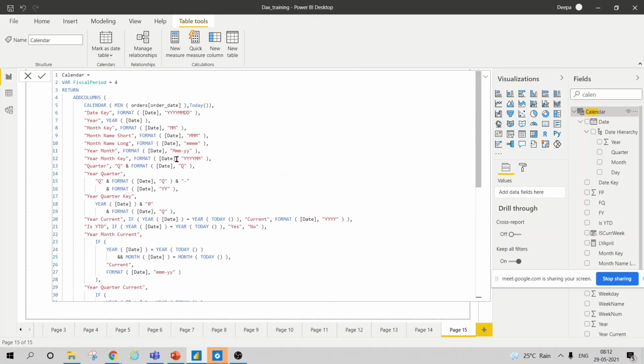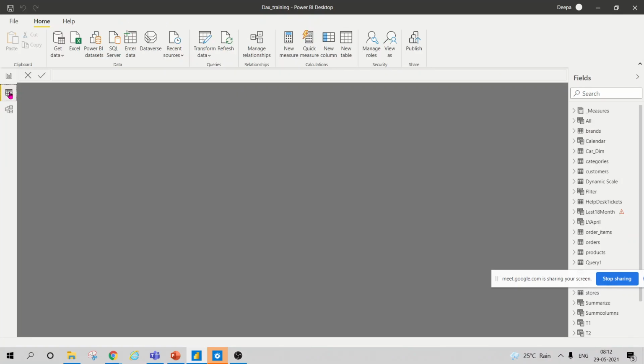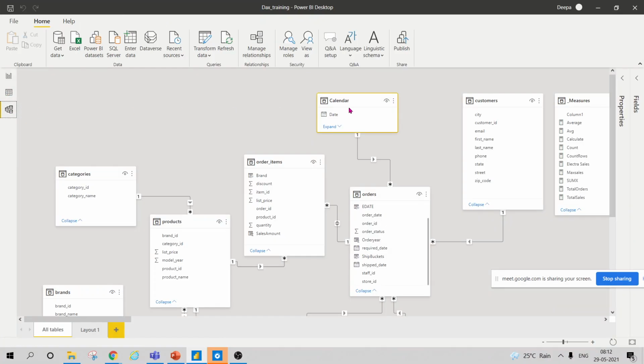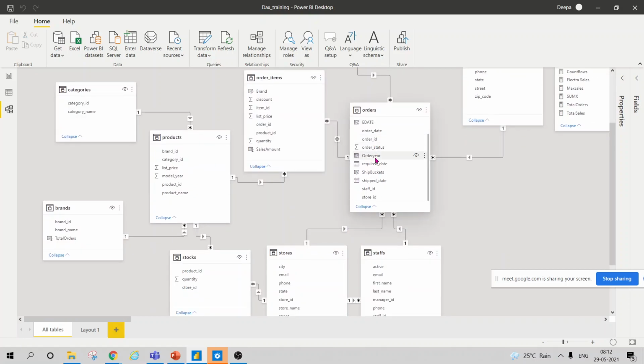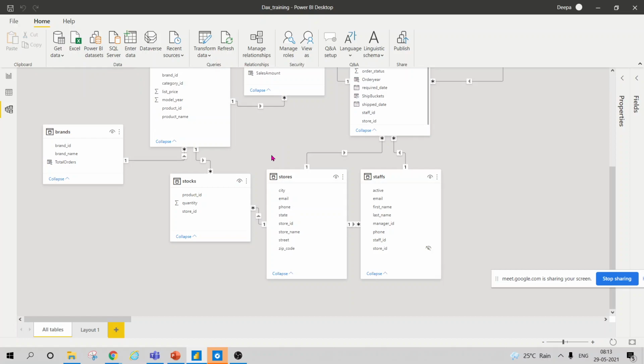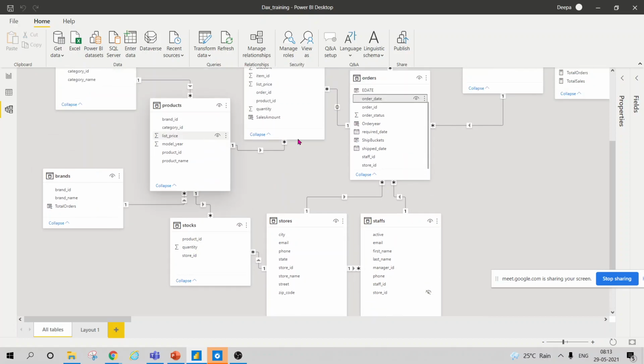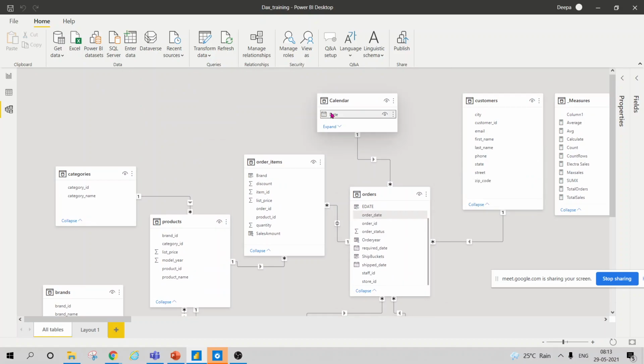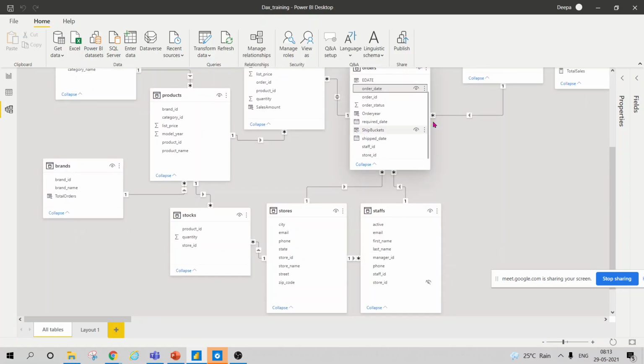So why is a calendar table required? First of all, there are times when, suppose I want to create a join on this table. I want to create an order date join with this date. If I have a date on this, this is my order date. There could be a ship date as well.